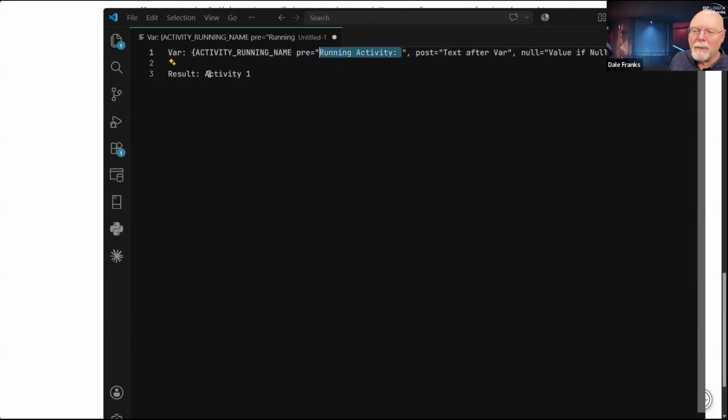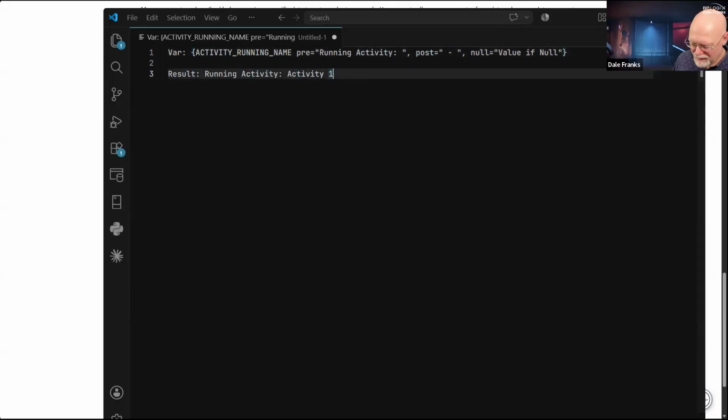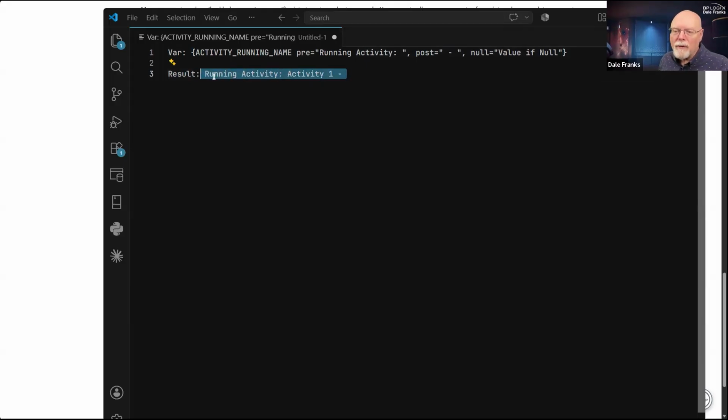Then the result that I'm going to get is running activity colon activity 1. And with this post, text after the var, I could type in something like this. Why do I keep hitting space instead of one? So this is what the result of the var would be.